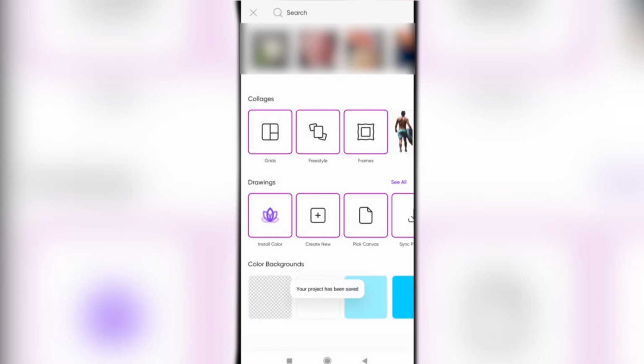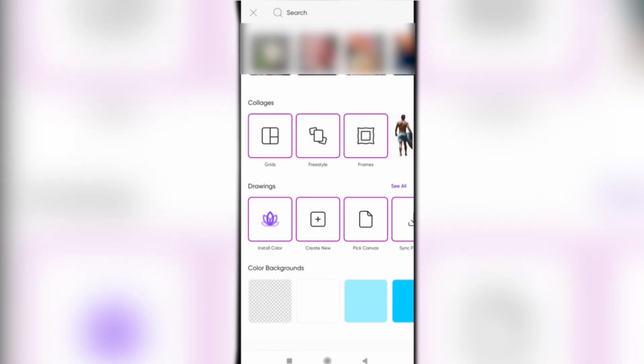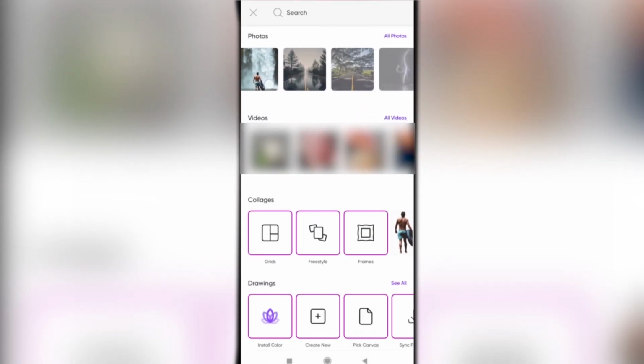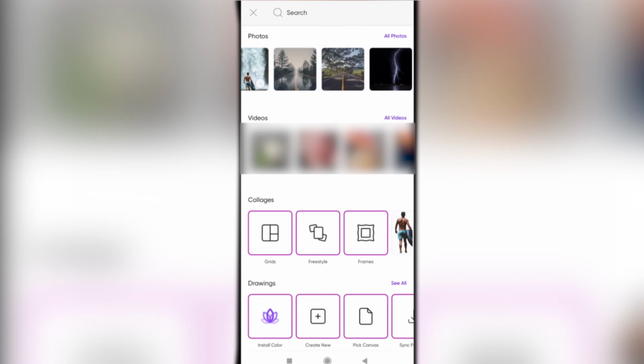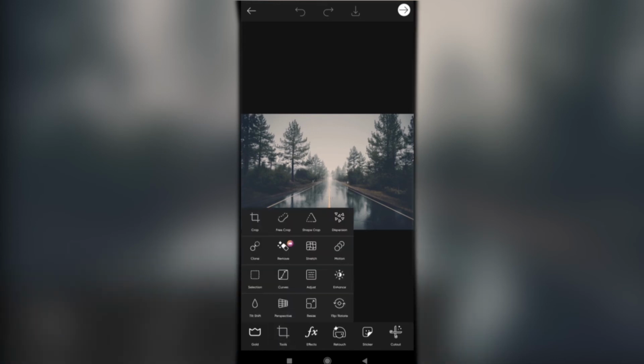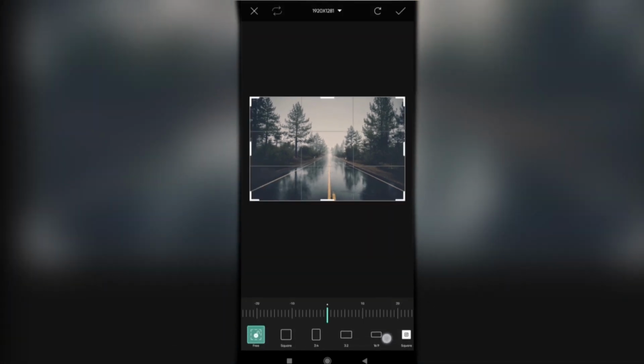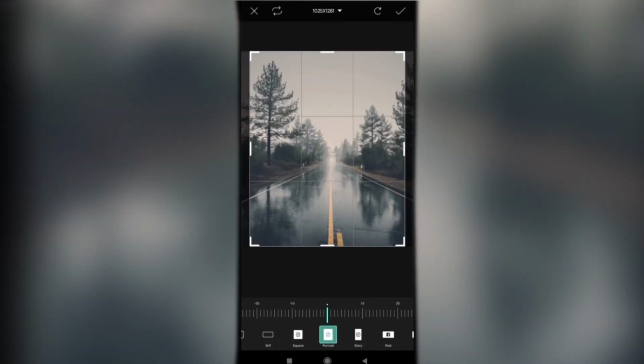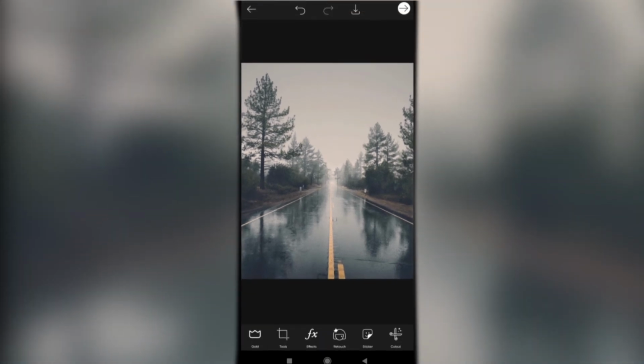Here at the top, search for the photo you want to add. I will add this one. Cool. Down below, we have the Tools icon. Click on it and search for Crop. Then search for Portrait. By the way, it's your choice. And click done. On Tools again,